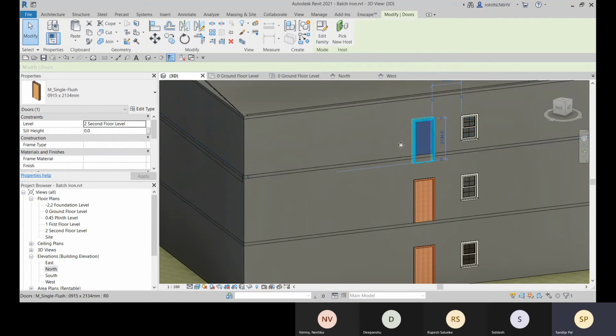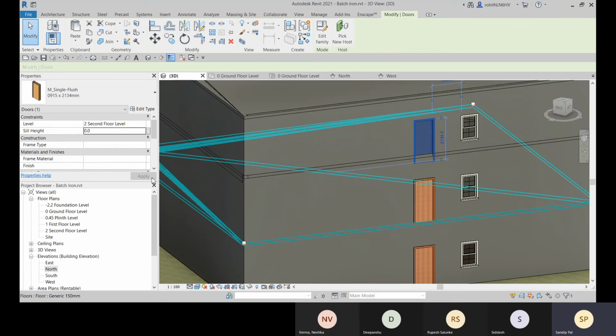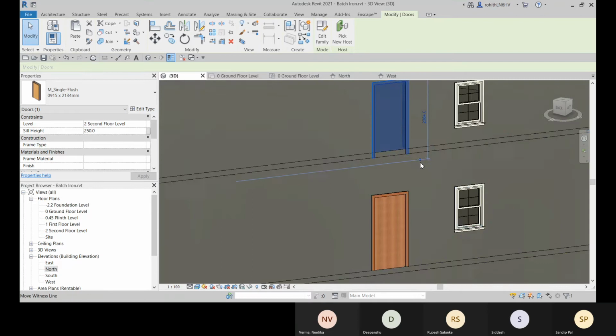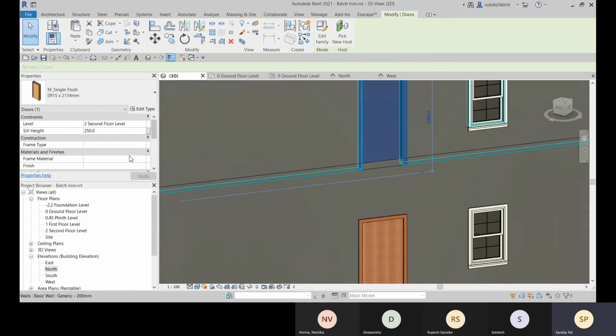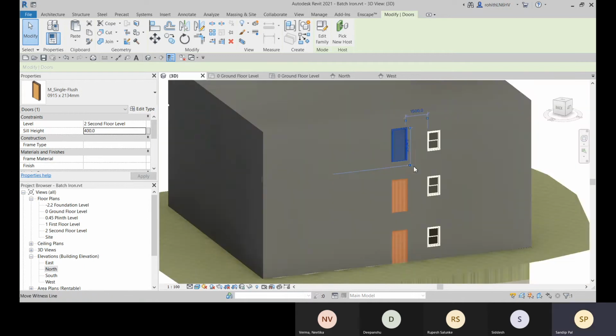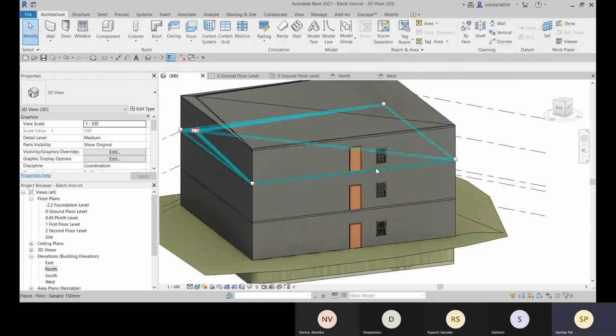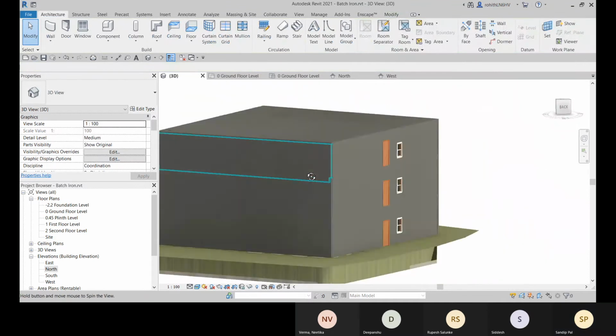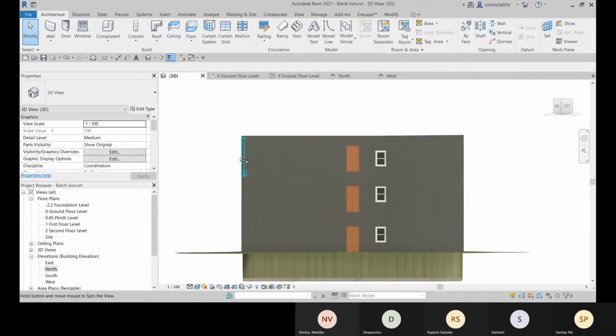You need to provide the sill height for this door, so let's go for 250. That adjustment we can make later. Okay, fine.